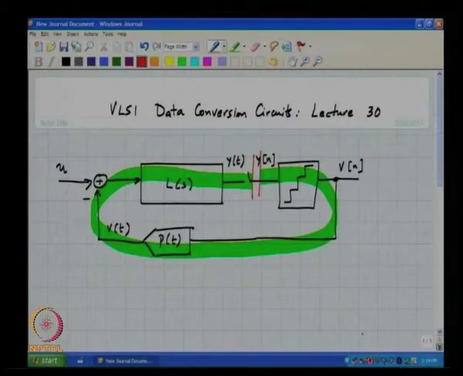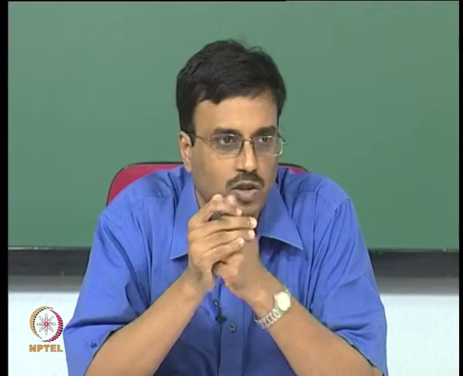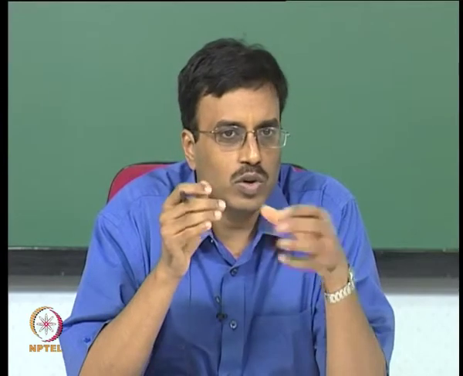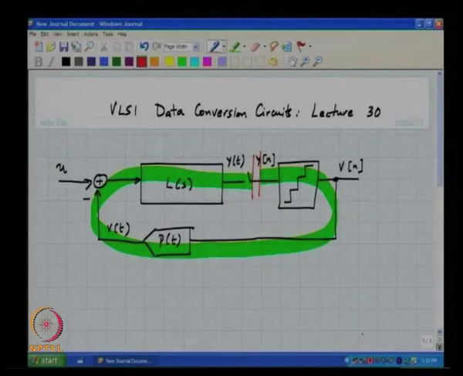For the trivial case of a first order noise transfer function where NTF is 1 minus Z inverse, and assuming for normalization's sake that the sampling rate of the continuous time delta sigma modulator is also 1 hertz, we saw that all you need to do as far as the loop filter is concerned is to make it an integrator with a transfer function 1 by S. This way the NTF we calculated to be 1 minus Z inverse, and this is assuming that the pulse shape of the DAC is an NRZ pulse.